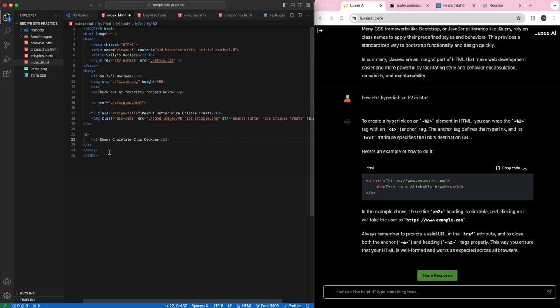Okay, so we did chewy chocolate chip cookies. What do we do with the first one? We added a class just for funsies. We're going to add a class in here. Class equals recipe